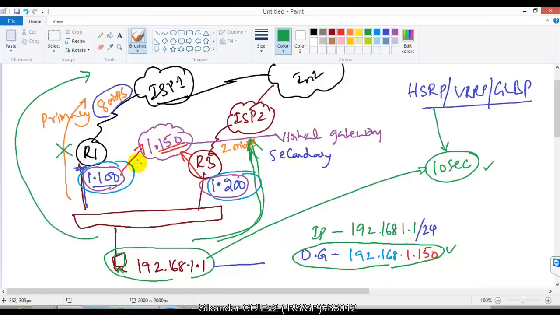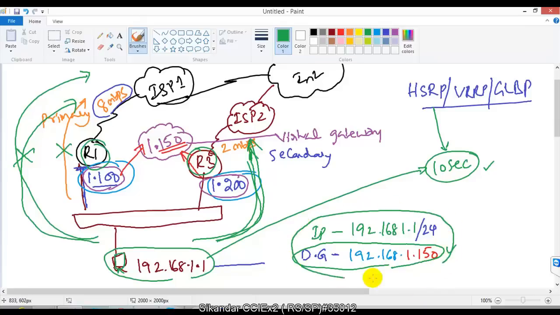Here these two gateways are actually different physical gateways, but they are acting as one gateway because at a time one gateway is used, and in case that primary gateway fails, automatically it is going to shift to the alternate gateway. But on the end side, these end users will see that they have only one common gateway. They will feel as if they have only one common gateway, but there is no gateway present with this address 192.168.1.50. Instead, this address is a combination of multiple physical gateway addresses. So this is what these protocols mainly do.